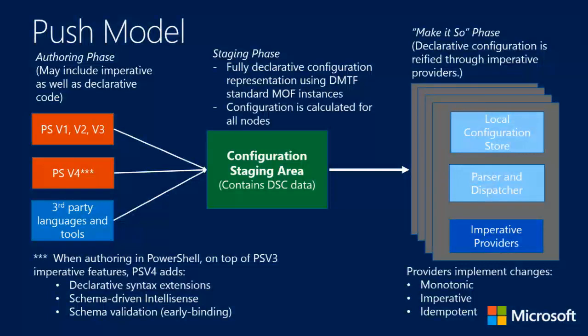And then they go and make it so, and when it all works, and these are what we call the imperative providers, right? So there you got code, imperative code. That's number one stuff. And then when it's done, it takes the pending and says it's the current. Okay, so it's that simple.